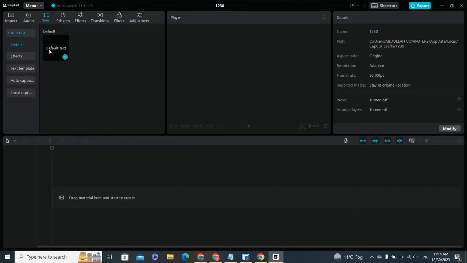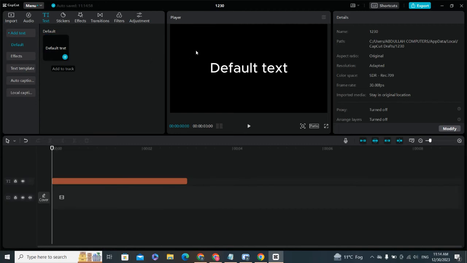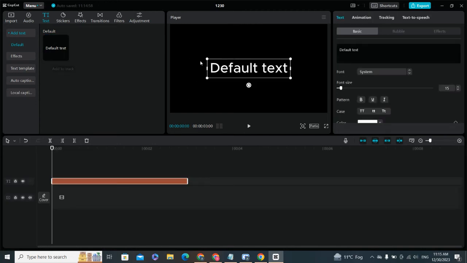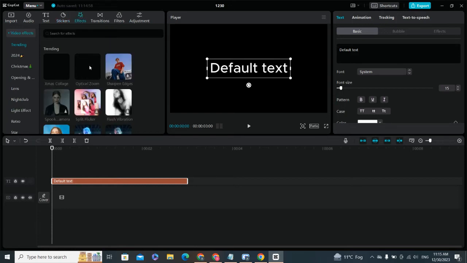And if you want to add text in your video, by this option you can add text on your videos layer. Here you can select stickers, and also here you can add effects on your video, and make video more